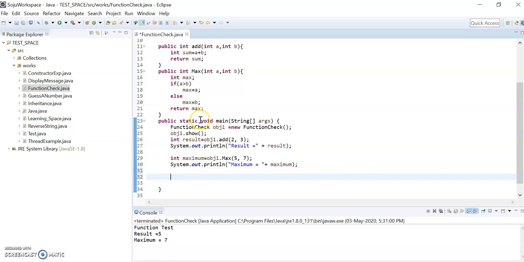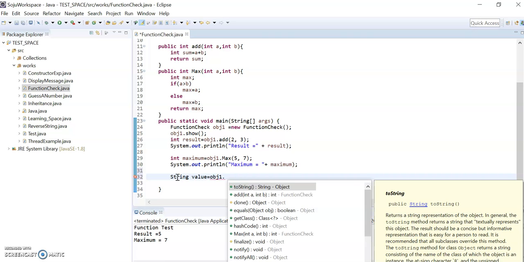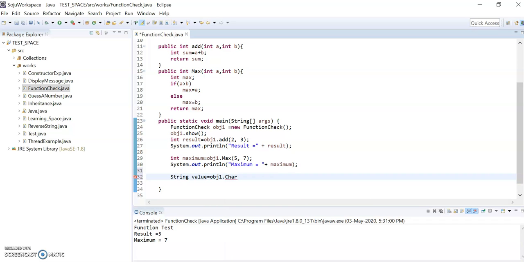Suppose for that, see, string value is equal to obj1 dot char value. This is a function, and I need to pass 5.